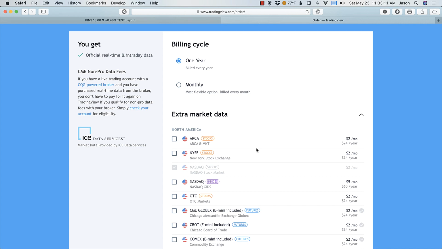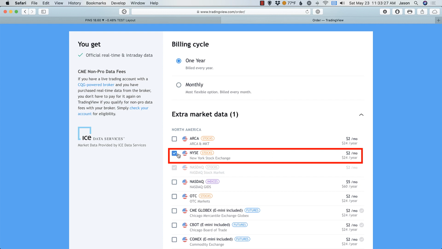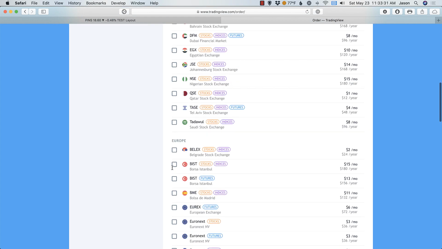paying for their features. You're paying for more layouts. You're paying for more alerts. You're paying to get more features with the actual TradingView software. To get the data that feeds the charts, you have to pay that extra market data. And so right here, New York Stock Exchange is $2 a month or $24 a year. So you just click on that, and when I buy that,